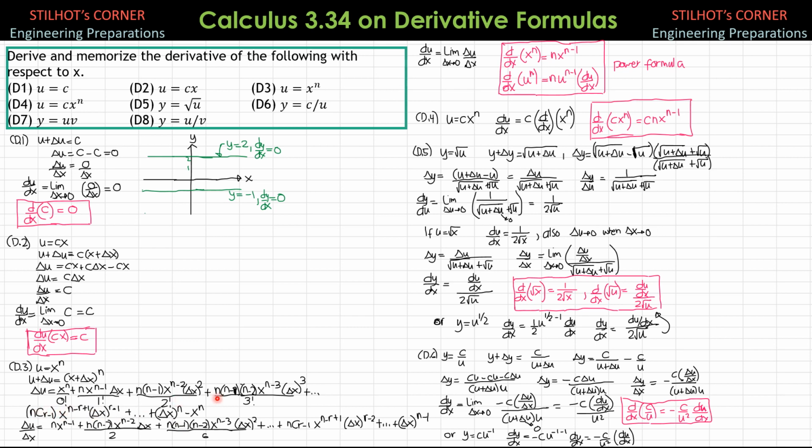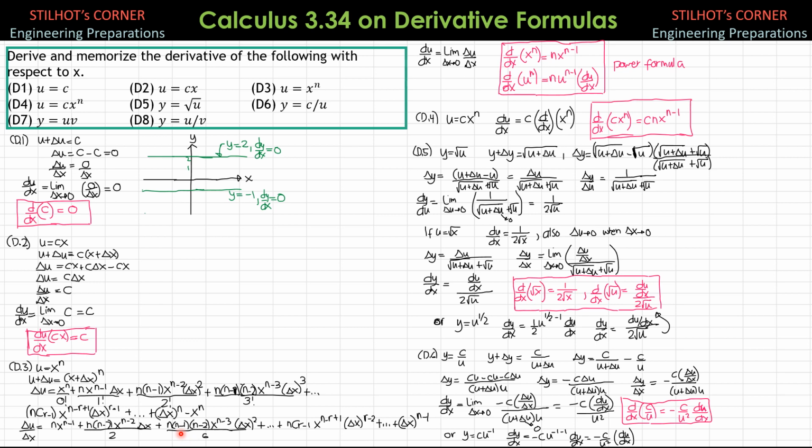Even if you use this pattern, then minus u, which is x to the n. So we can cancel x to the n, because x to the n over 0 factorial is x to the n, minus x to the n. So delta u over delta x, we remove delta x from each term here. So that's why we have n x to the n minus 1 over 1 factorial, which is still 1. Which is this. All the rest will have delta x. So this becomes same. Then delta x, 2 factorial is 2.